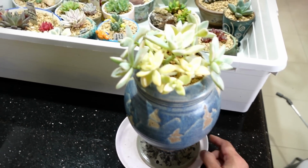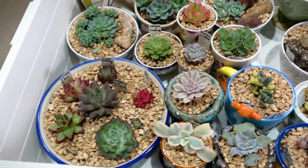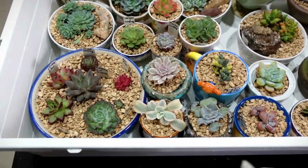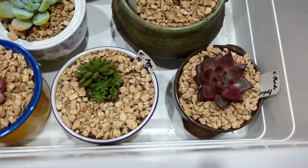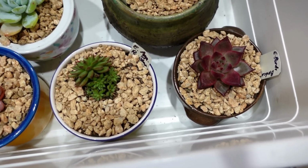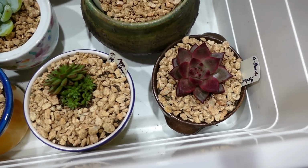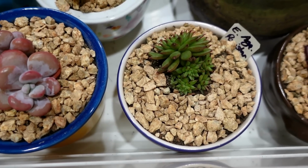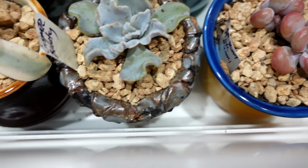So I left them overnight. I went to sleep first, and now I'm awake. Hang on, I'll just move this over here. And I have potted them all up. So that one is, okay, so we're gonna go for Bordeaux, Rain Star, Pink Bunny, Crispate Beauty,